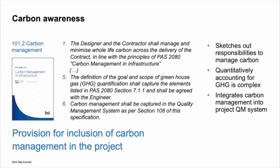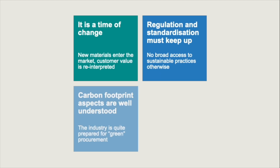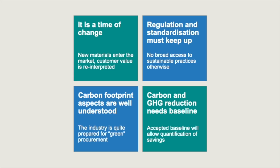I have a little intermediate summary for you here on sustainability, because obviously this was really the driver for the specification, and well, it is a time of change. We've seen that. I think regulation and standardization must keep up. It's, from my point of view, lagging behind. We try to do our best with the BTS specification, but it's a very big topic, and perhaps the BTS is not the forum to set such rules. However,